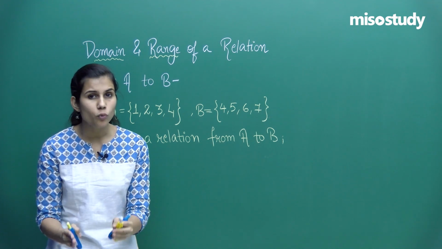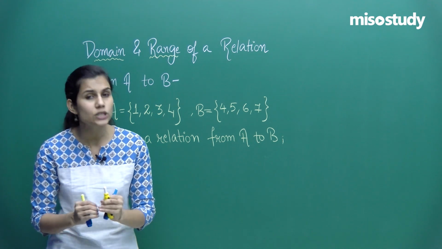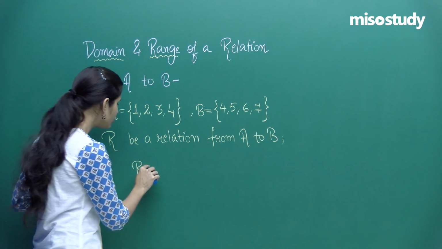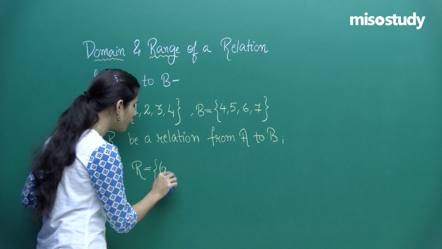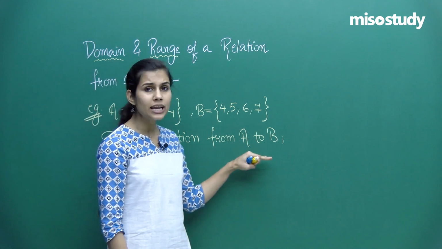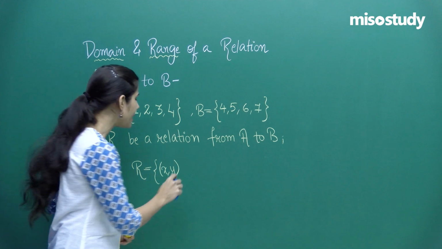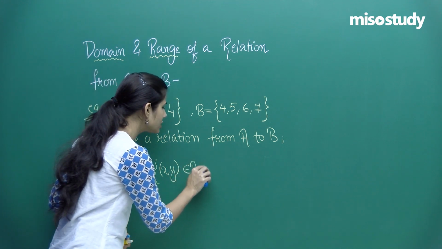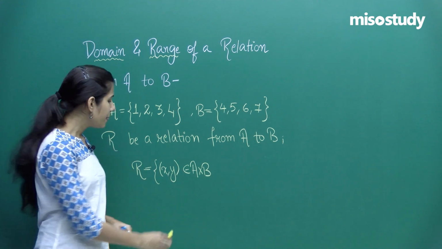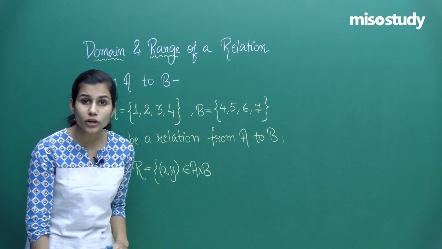Therefore, R also, which is a subset of A cross B, is going to have certain ordered pairs only as its members. That is what I am going to write in this description, which is R is actually the set of ordered pairs. This is super obvious because it is borrowing elements from A cross B only. But am I borrowing every ordered pair from the set A cross B? Well, if I just end the statement here, this would mean R is the collection of all the ordered pairs which belong to A cross B.